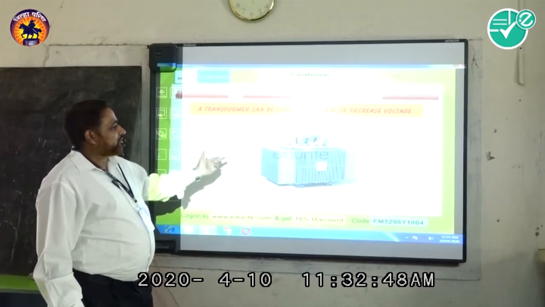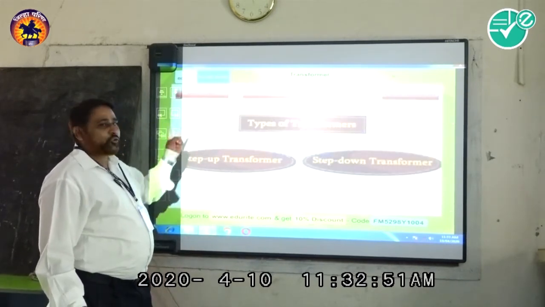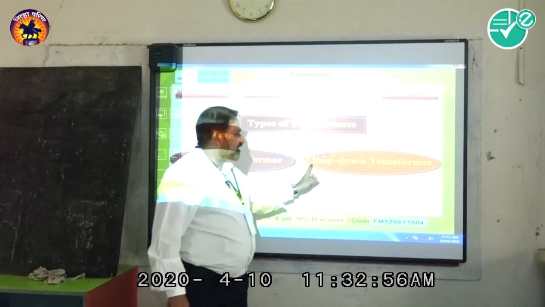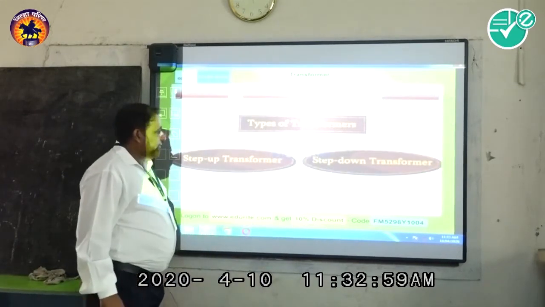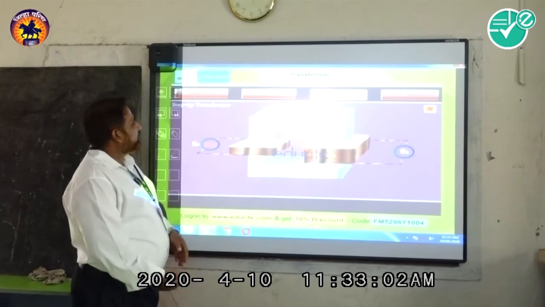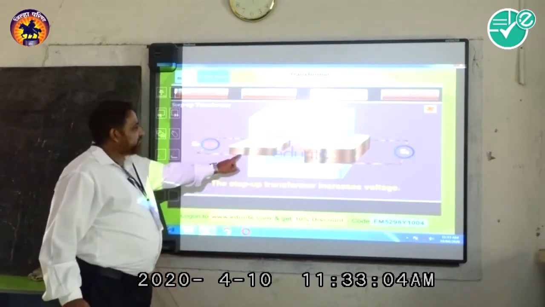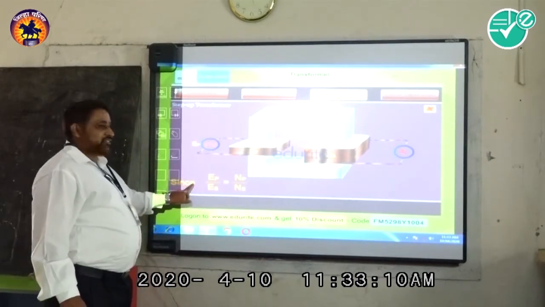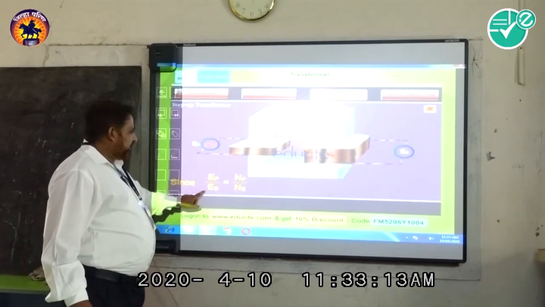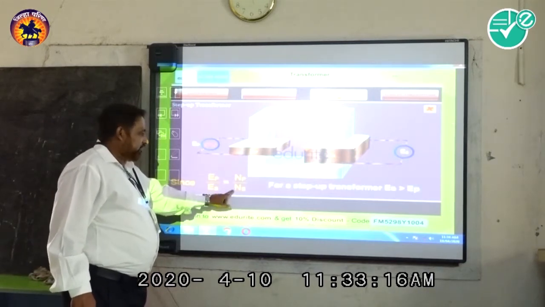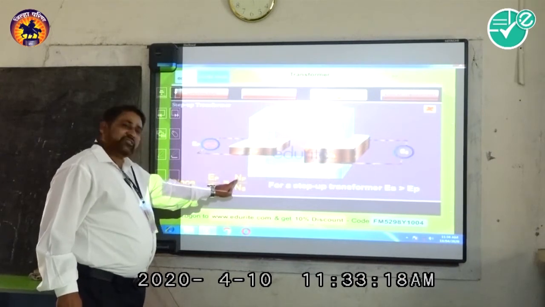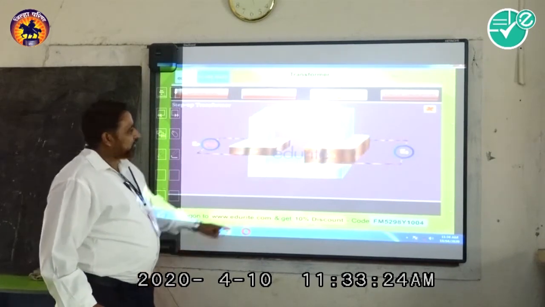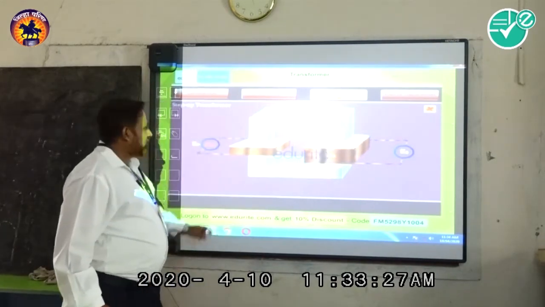So this is the transformer you might have seen across the DPs. There are two types of transformers. One is the step up transformer, another is the step down transformer. Number of primary turns, number of turns in the secondary, in the step up transformer, and we can get the equation like this: EP by ES is equal to NP by NS, where NP is the number of turns in the primary and NS is the number of turns in the secondary. You can observe here NS is here, whereas NP is here.